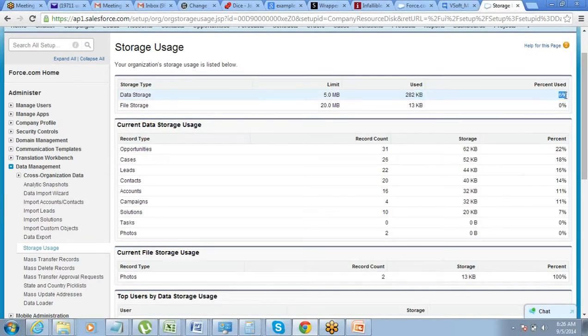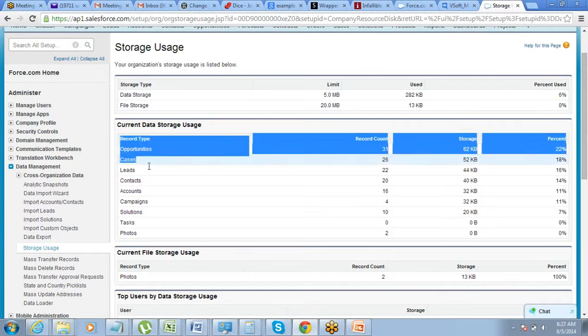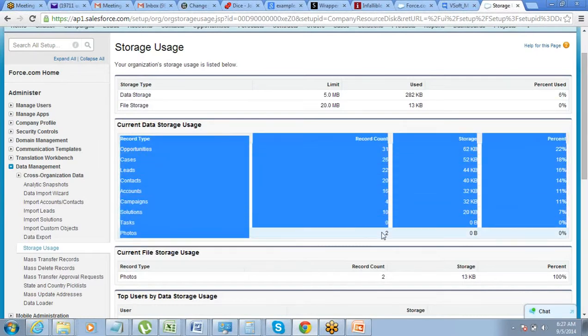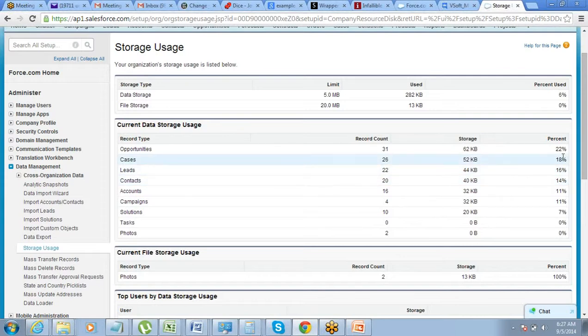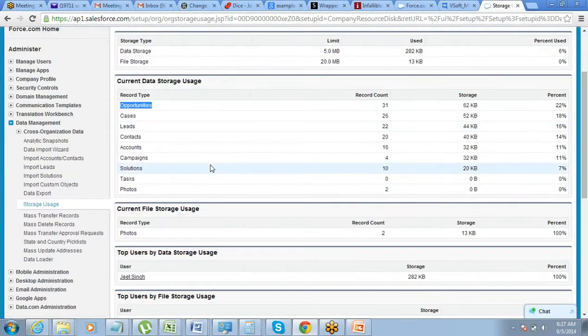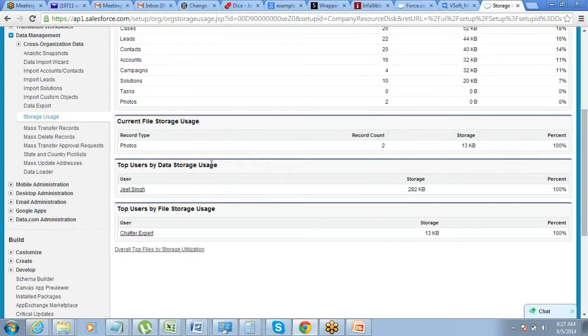So 94% still can be utilized, right? It also gives you complete details of which object, how many records, what is the count, what is the percentage. So out of the entire storage usage, 22% is being occupied by opportunities. So opportunities alone occupy 22%, which is big, right?